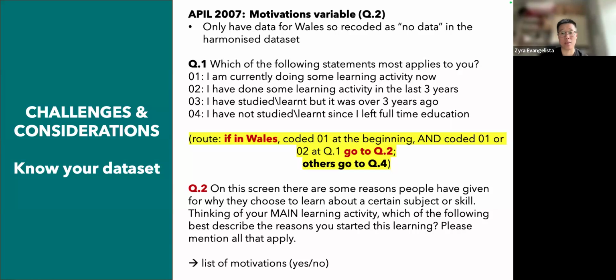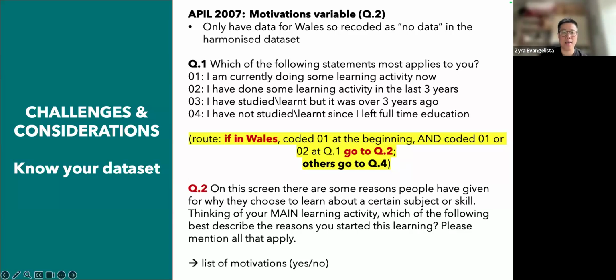And when we were doing that, one of the things that we noticed is that for the 2007 data on a specific question on motivations, it had so many missing items. Now, a discussion about missing data and how to deal with that can be a separate lecture on its own. But for today's purposes, what I want to note is the importance of knowing whether that data is missing because people just really skip that question, because that could happen. But what you don't want is to have a bunch of missing data because there was an error in your recoding process. And so when we saw that about 98% of the data was missing for this particular variable,